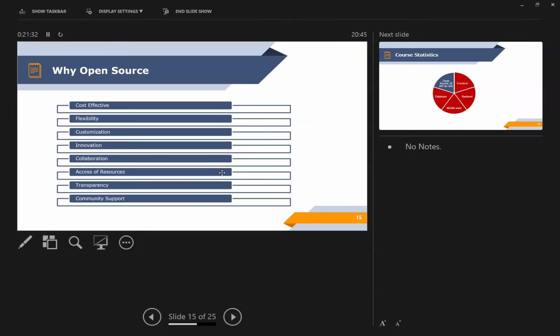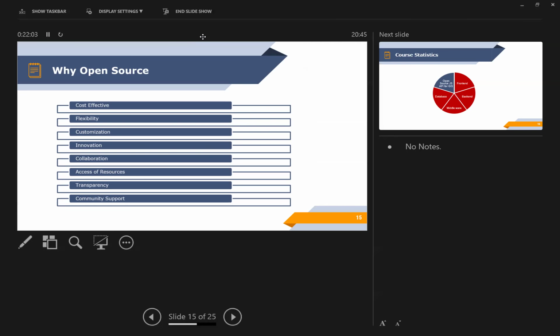Now after that, why are we choosing open source technology? Because the first thing is open source is cost effective. If you want to develop and publish an application, you can complete everything in 10,000 rupees. And even yearly, if the client wants to spend some money on maintenance, 5-10,000 rupees is more than enough for the maintenance. But